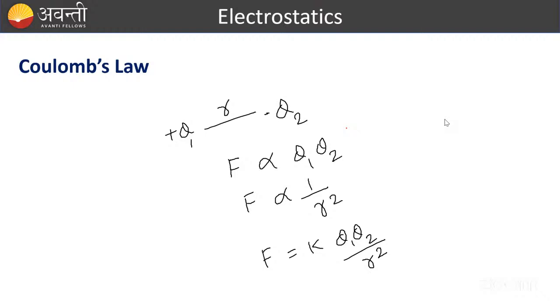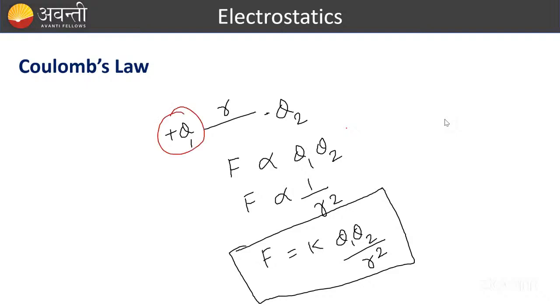If like charges are kept at r separation, then the same magnitude of force will act, only the direction will be different. जैसे यहाँ पे अगर मैं बोलूँ Q1 पे फोर्स किधर लग रहा है, so Q1 is getting attracted by minus Q2 here. So on Q1 the force is acting in this direction, force on Q1 because of Q2. If there are two same charges, let's say two positive charges at separation r, again the same value of force will act, but the direction will be opposite. So here on q1 now the force will act in this direction because it will get repelled by q2. ठीक है,